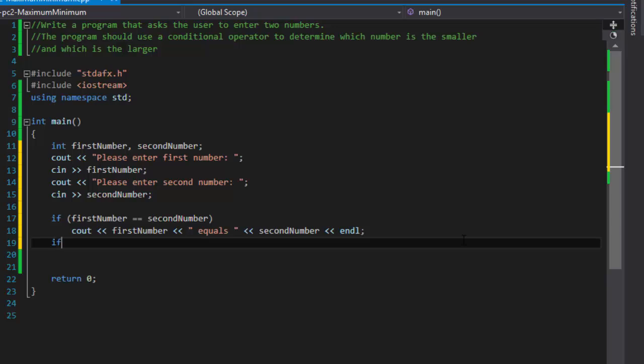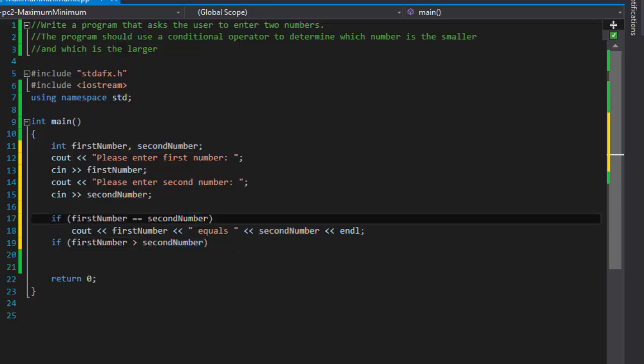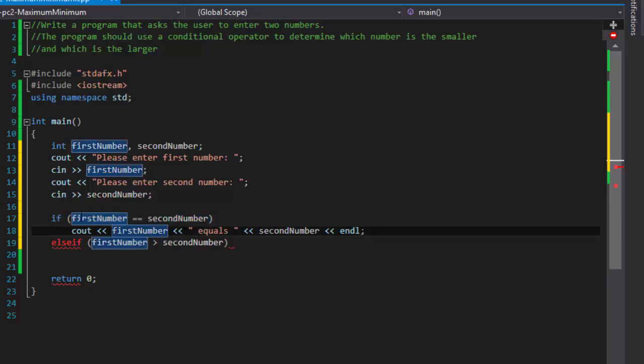Now we can do another if statement. If first number is greater than second number. However, we are checking for one condition and one condition only. We don't need to check each condition whether they're equal, or whether first number is greater, or whether the second number is greater. Only one of them will be true. So instead of doing a bunch of if statements, we can do else if. In other words, if this is true, do this. If it is not true, this is skipped. It will come over here and check this condition. So if this is true,